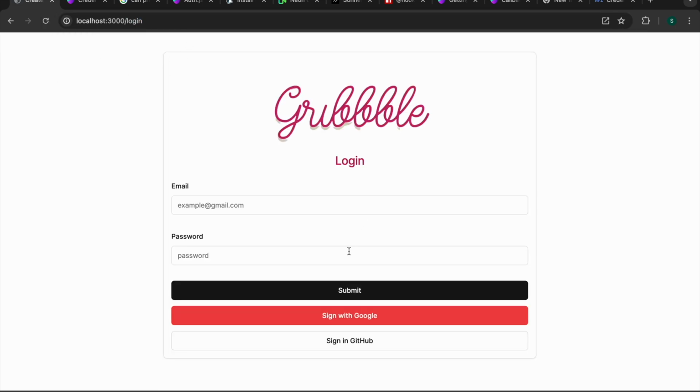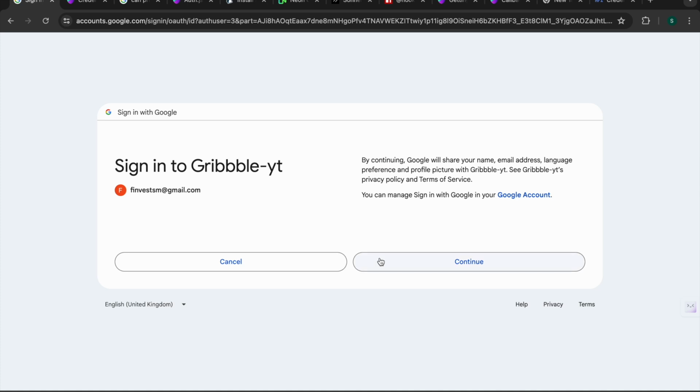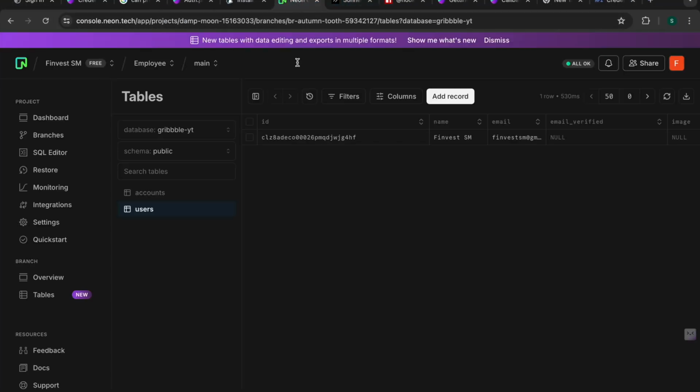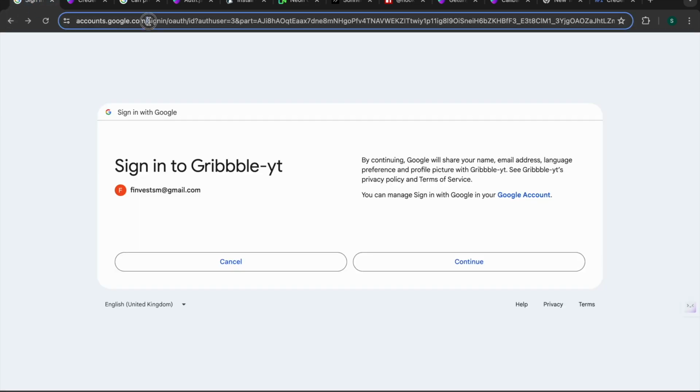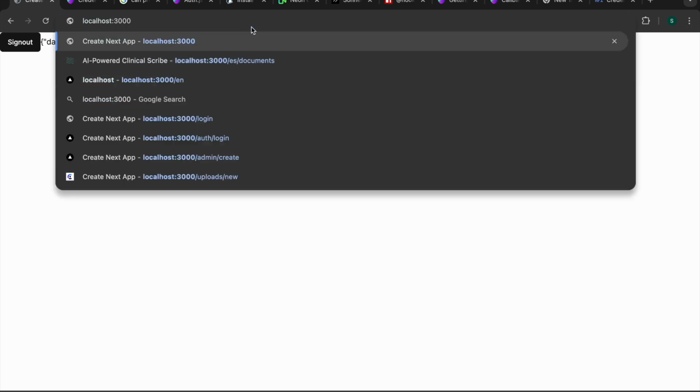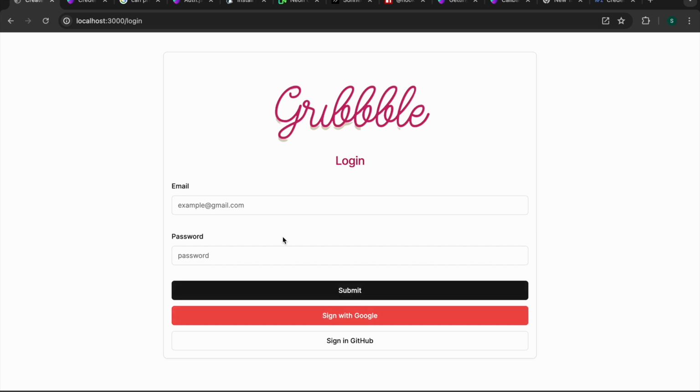So now this is the login page. Let's try with the Google first. Okay, so I'm getting this window because I used the same email that I already have in my database here. Okay, so I'm just going to delete this. Okay, and I'm going to go back to my home page. Okay, let's sign out. So I'm already signed out. Okay, now let's again go to the login page, and this time I'm going to use a different email,